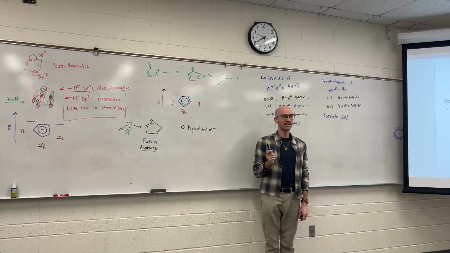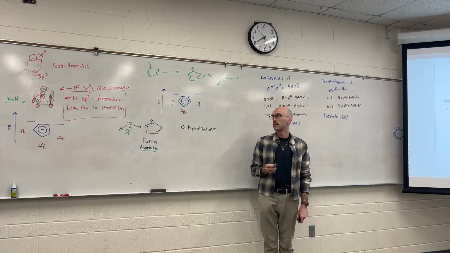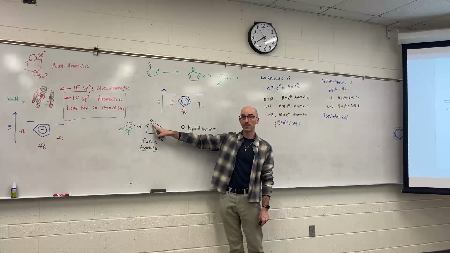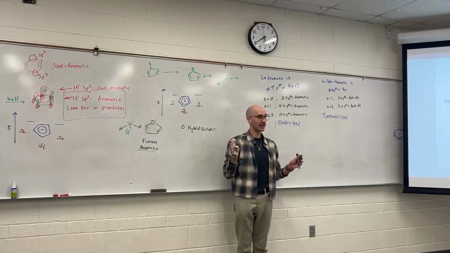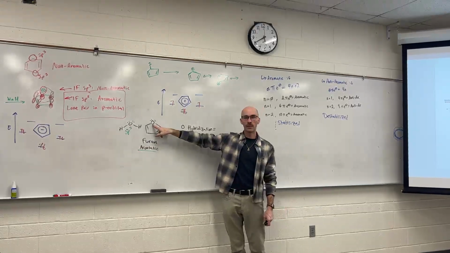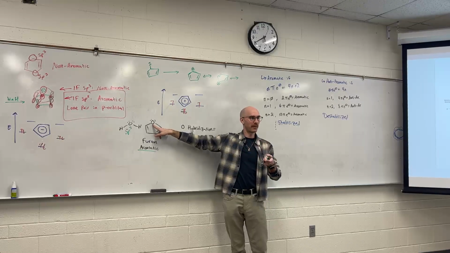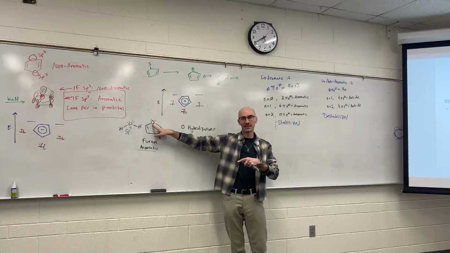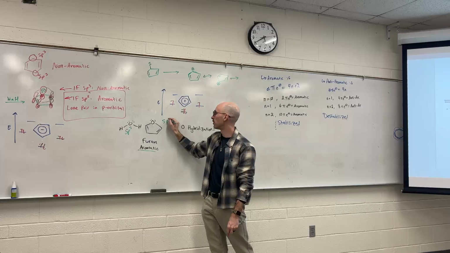What is the hybridization of oxygen? If the oxygen is sp3, the system is not fully conjugated, and it's not aromatic. This has two options. It can be sp, or it can be sp2 hybridized. Well, sp is not going to be energetically stable. That's too far down. But by being sp2,